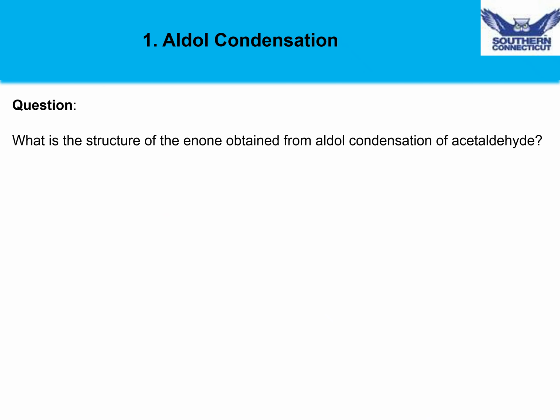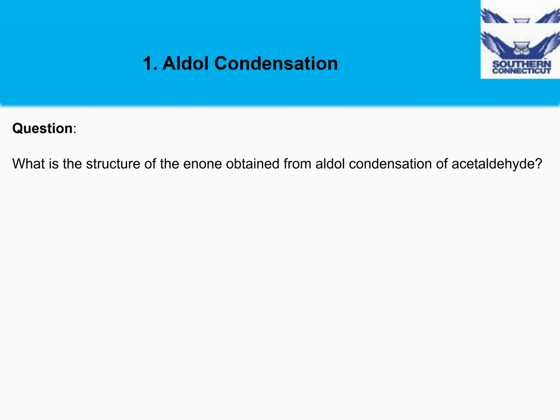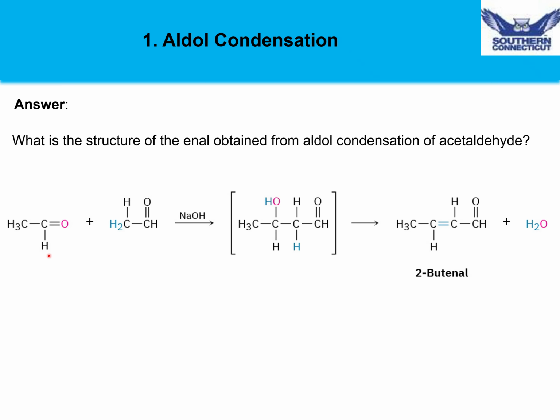Question, we want to draw the enone that is obtained from the aldol condensation reaction of acetaldehyde. So what this is really asking us is draw the aldol product and then after that, draw the dehydrated product from the aldol reaction of acetaldehyde. The structure of acetaldehyde, which is an aldehyde that has two carbons or it has a methyl group on an aldehyde. Now, if we add base to acetaldehyde, one molecule of acetaldehyde, let's say the one on the right here,